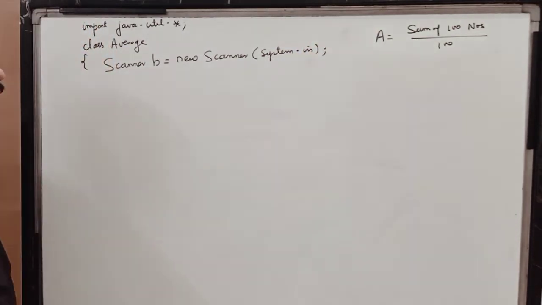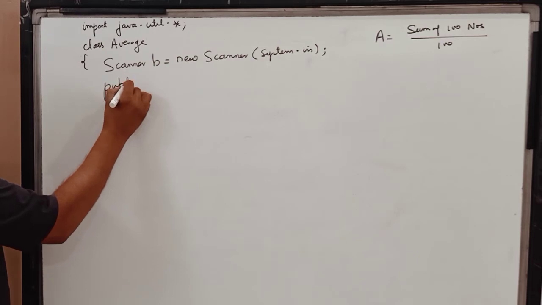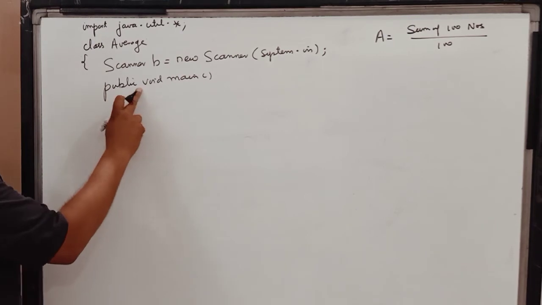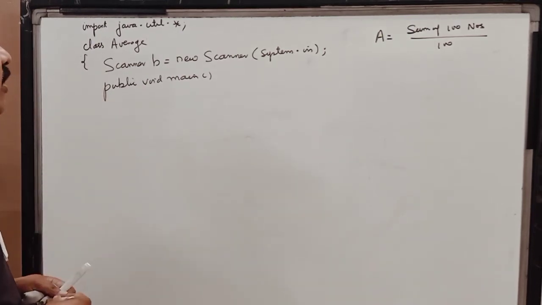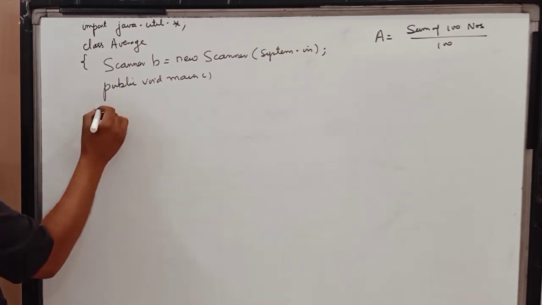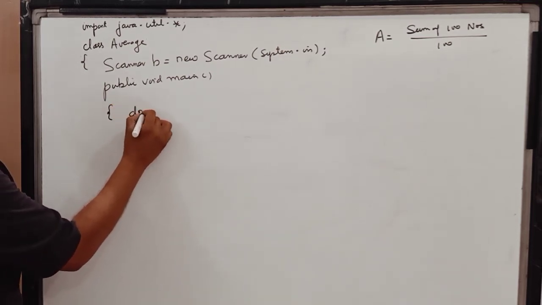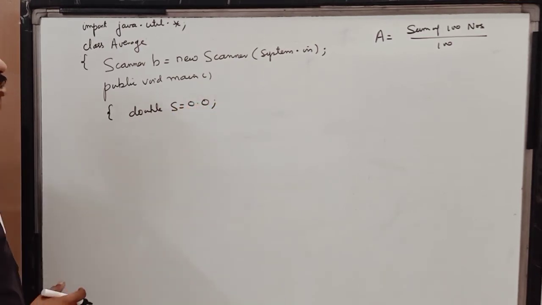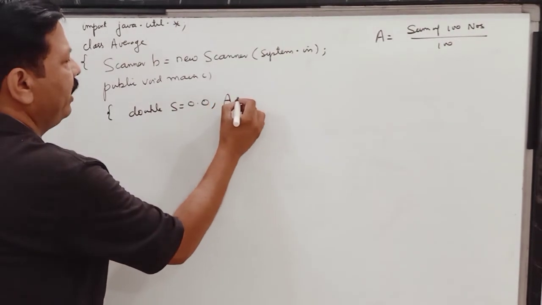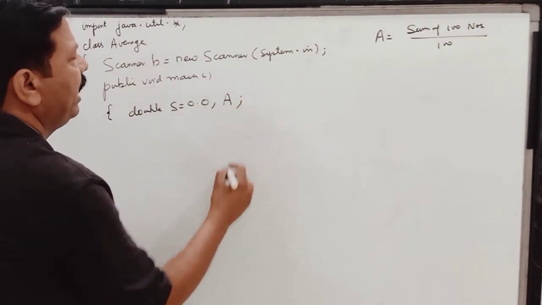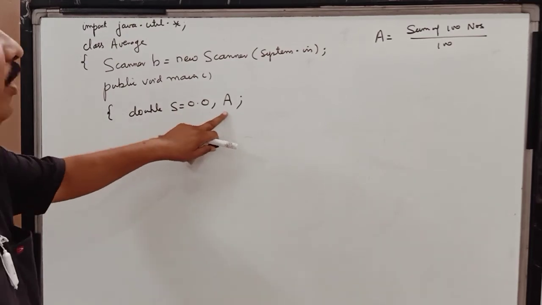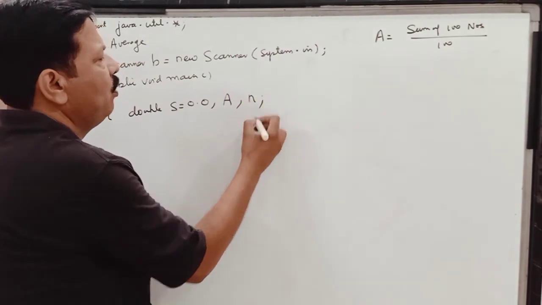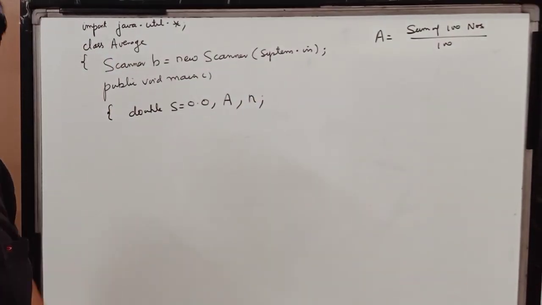Now children, I am going to continue my program, and programs begin in a function, and I have told you that static can be written over here. Once I have written this, now I will find out the sum. So I am saying double s is equal to 0.0, and I am also declaring a variable a. This will be for sum, and this is for a, which I am going to calculate. Even if you want, I can have another variable n over here. These are the variables I will be using in my program.